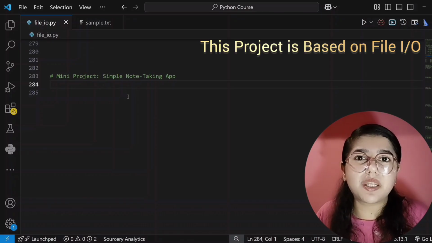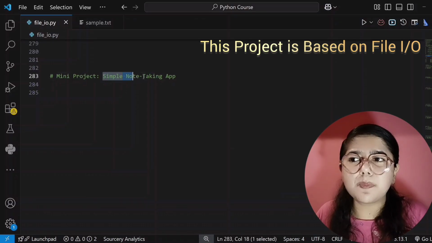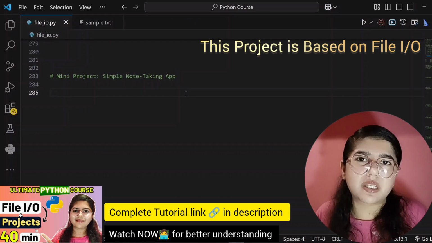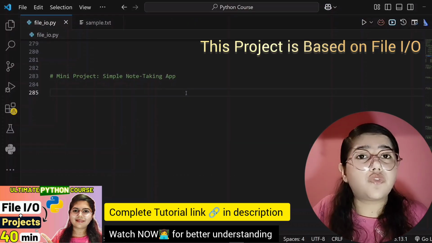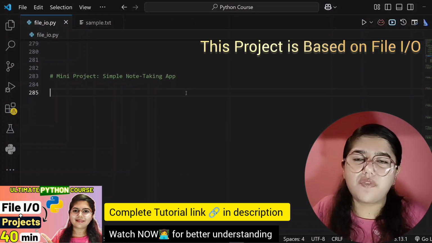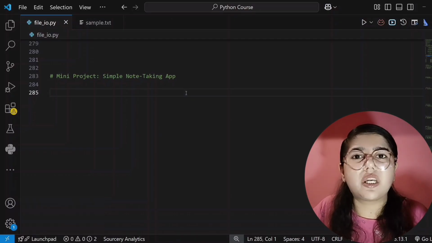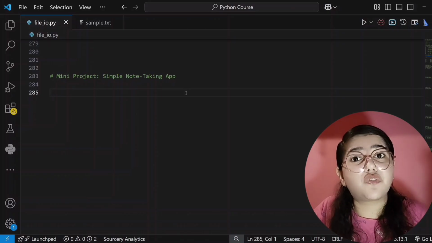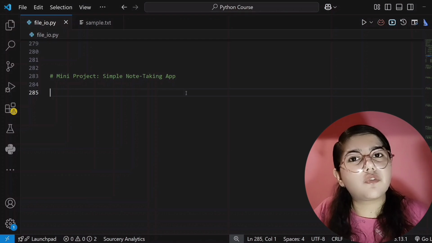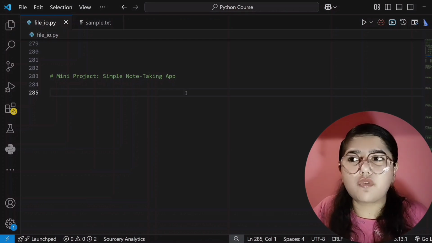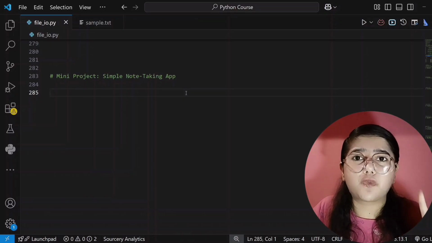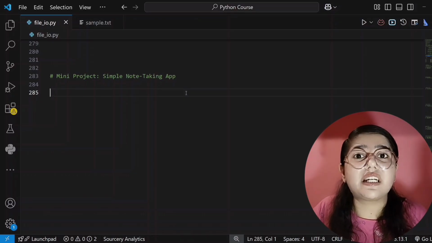So now we will create a mini project, and that is we have to create a simple note taking app. Means if a student wants to store some notes in it, they can store them. So for that we have to create some features in our app. I'll give you a tip. Whenever you create a mini project or a major project or a website or an app, first you have to keep in mind what features you have to create for the user. From the user perspective you have to think, right? So how many features do we have to give here? I'm creating a mini project, so I will give 2 features: first, it can add the notes, and second, it can read the notes.